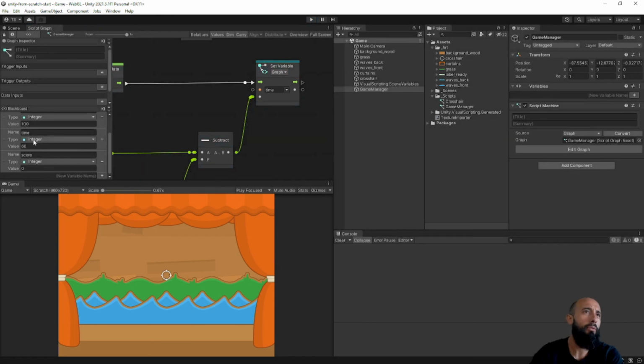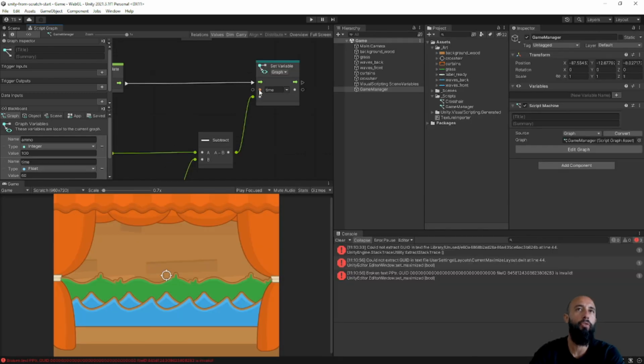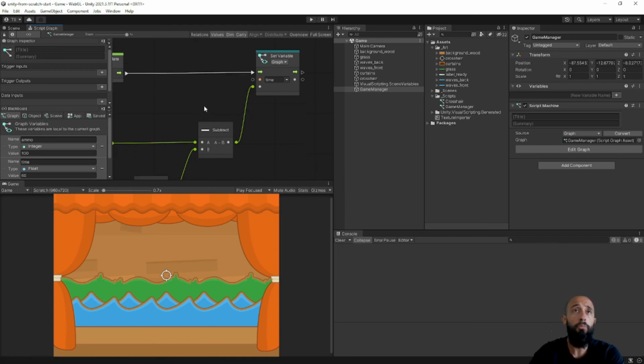And actually you can see that this is really cool from Unity Visual Scripting, because we declared the variable as an integer, but since it's multiplying by a decimal number and we are subtracting from time, it just changes the variable to a float, because the variable is actually a float. It's a decimal number, but we are going to use it as an integer, at least to show it on screen, but it automatically converts the variable to a float because it is assigning a float value to the variable, which is pretty cool. And yeah, so this is it about variables